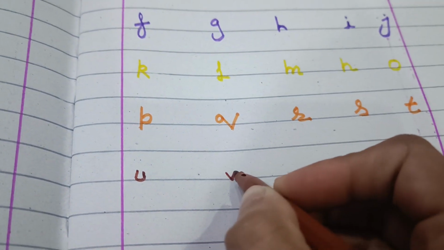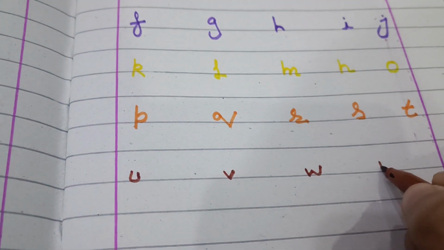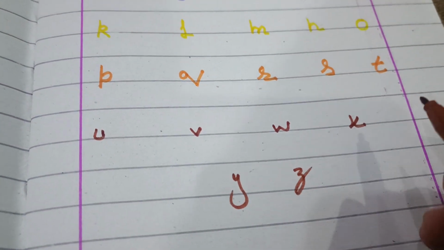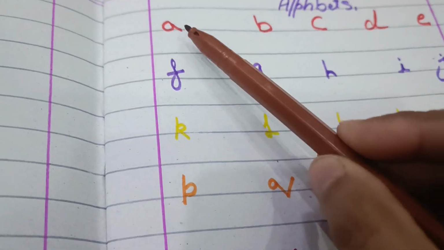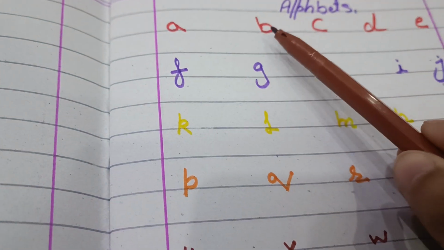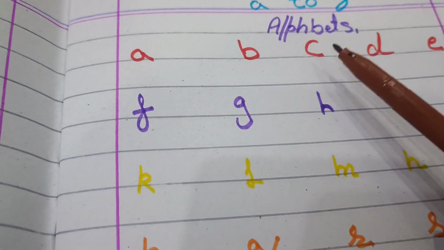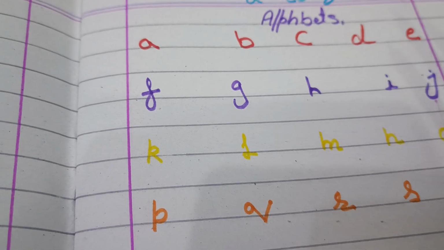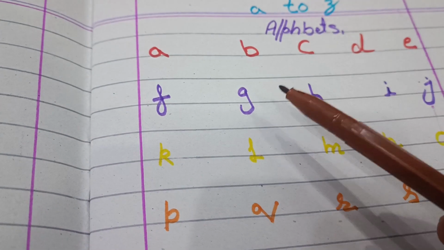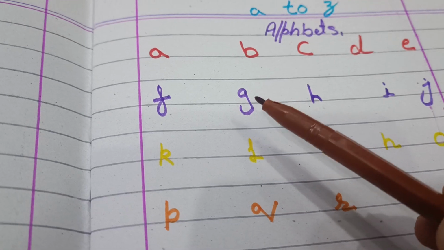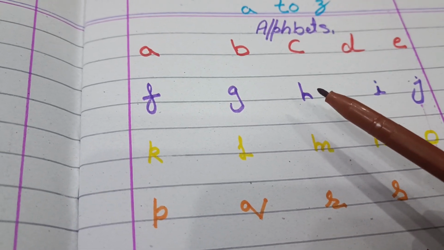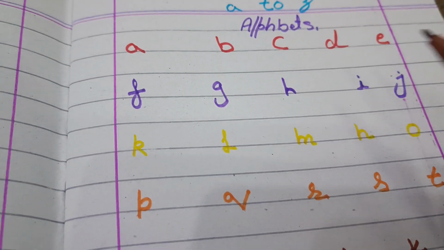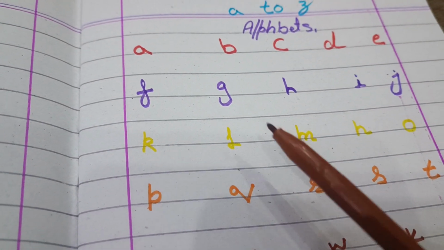U, V, W, X, Y and Z। चलिए अब हम स्टार्ट करते हैं। A for apple, B for ball, C for cat, D for dog, E for elephant, F for fish, G for gate, H for hen, I for ice cream, J for juice, K for kite,